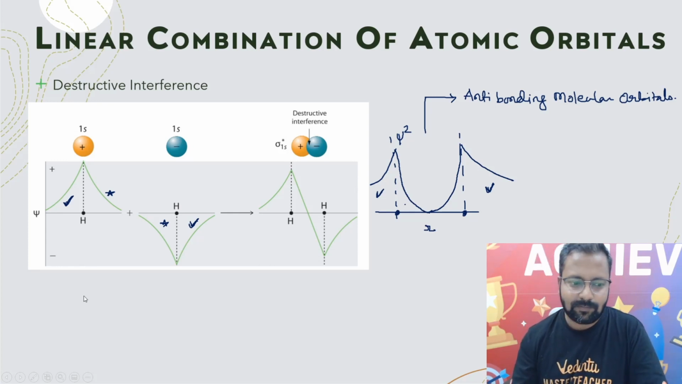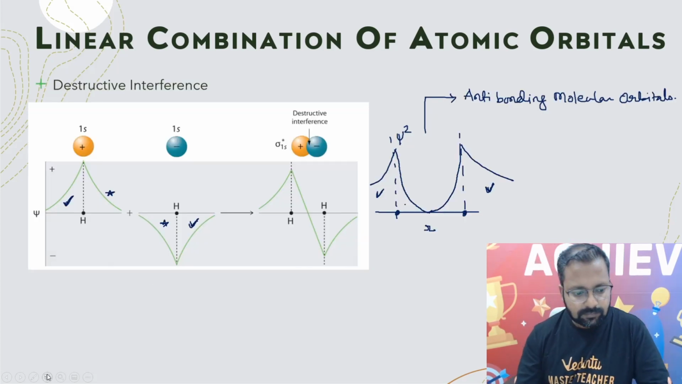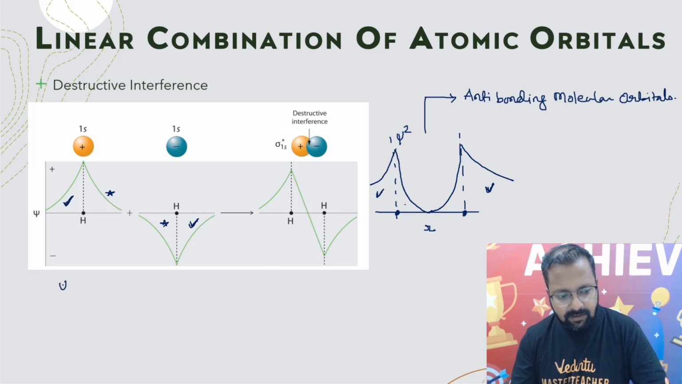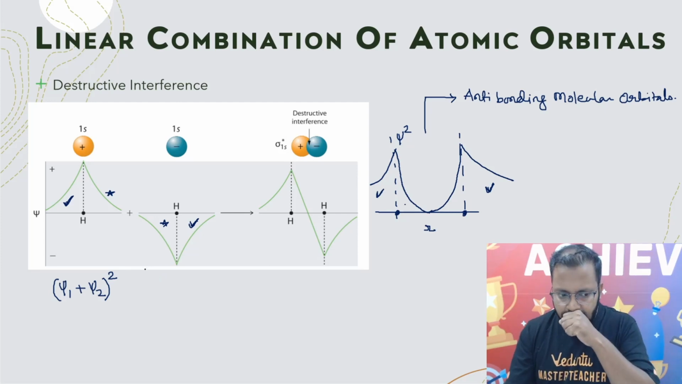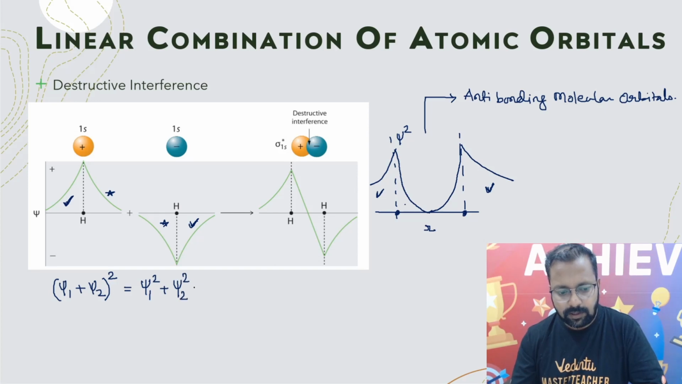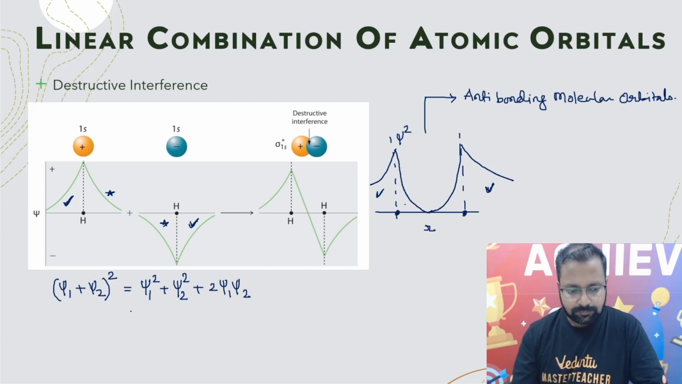Sorry guys. So if I represent one wave as psi1, another wave as psi2, and इसका मैं स्क्वायर कर देता हूं, then I will get psi1 square plus psi2 square plus 2 psi1 psi2. But if it is a difference,